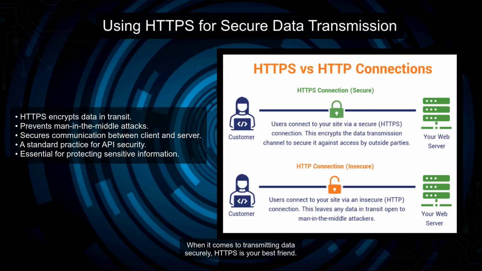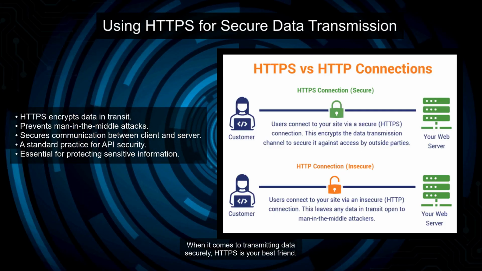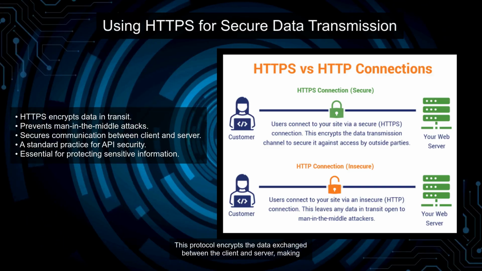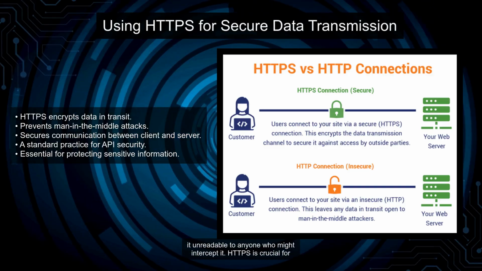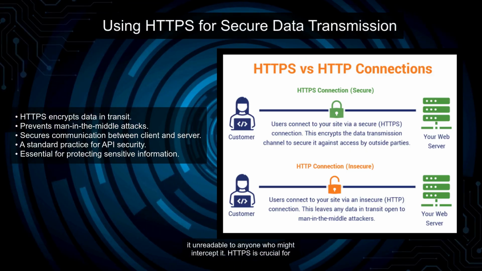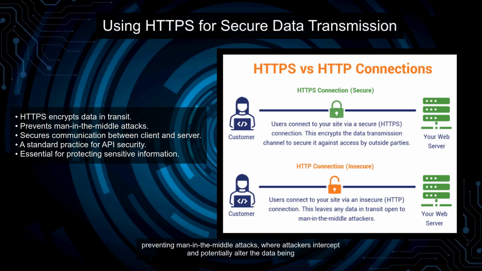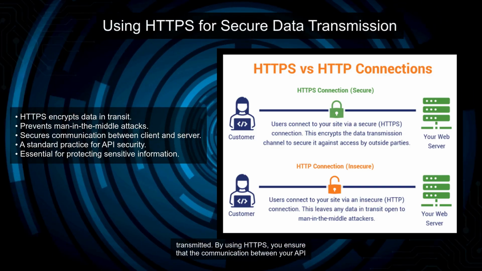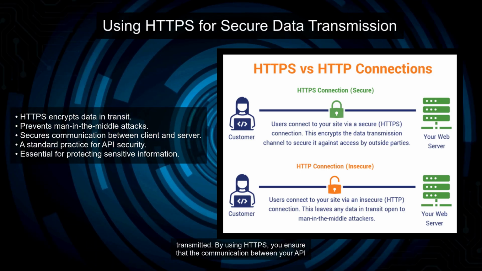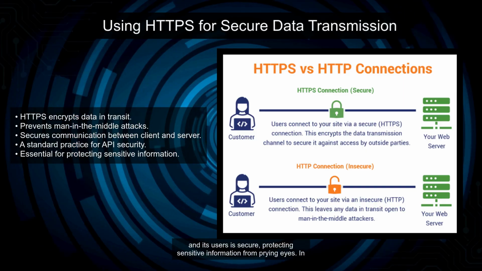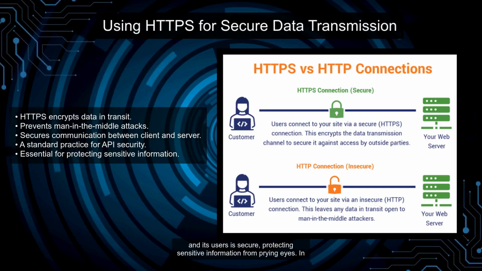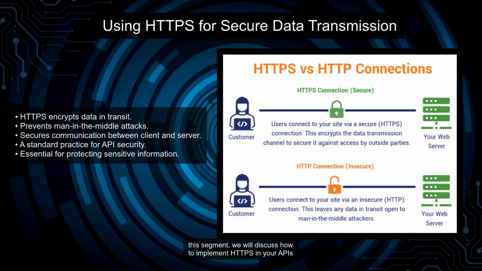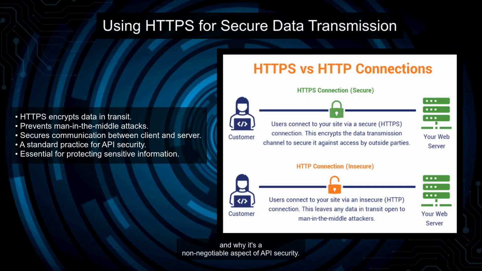When it comes to transmitting data securely, HTTPS is your best friend. This protocol encrypts the data exchanged between the client and server, making it unreadable to anyone who might intercept it. HTTPS is crucial for preventing man-in-the-middle attacks, where attackers intercept and potentially alter the data being transmitted. By using HTTPS, you ensure that the communication between your API and its users is secure, protecting sensitive information from prying eyes. In this segment, we will discuss how to implement HTTPS in your APIs and why it's a non-negotiable